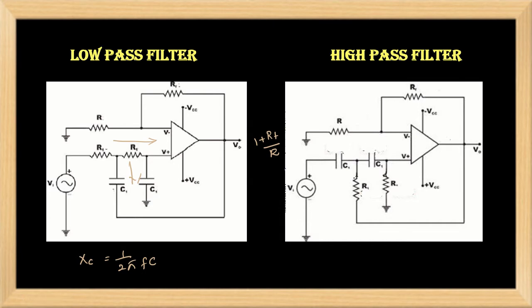The high pass filter allows the high frequency signals and blocks the signals below the cutoff frequency. The cutoff frequency depends on the values of R and C used in the circuit. For the first order low pass and high pass filter, the cutoff frequency is given by Fc equal to 1 by 2 pi RC. And for the second order filters, Fc is equal to 1 by 2 pi root of R1 R2 C1 C2. So if we take R1 equal to R2 and C1 equal to C2, then Fc will be equal to 1 by 2 pi RC.